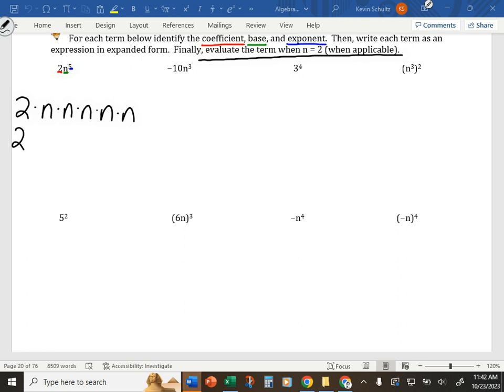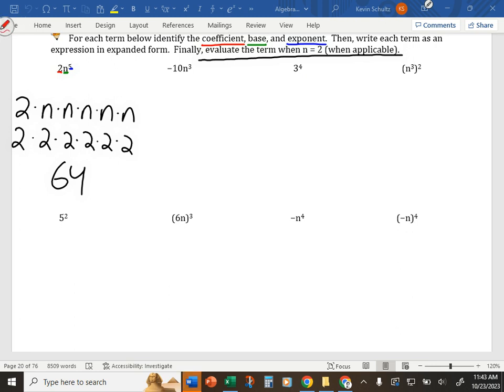So for this one, we have our coefficient 2 here, but then everywhere we have an n, we're going to plug in a 2. Right? So it says n equals 2. And what is 2 times 2 times 2 times 2 times 2 times 2? Who's got the quick maths here? 64. Good. Okay? So you're identifying the parts, you're writing it in expanded form, and then you are evaluating. If there's a variable, you're plugging 2 in for n and using that to solve. So the next one,